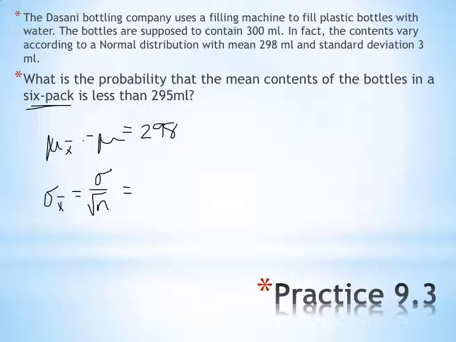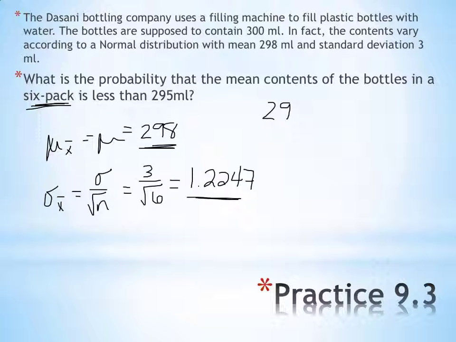So here we have standard deviation is 3 over my size n. N is, they said, a 6-pack, so 6 bottles. And the standard deviation I get for that is 1.2247. So now I can do z-score with this same mean and this new standard deviation. So I have 295 minus 298 over my new standard deviation, which is 1.2247. And that gives me a z-score of,